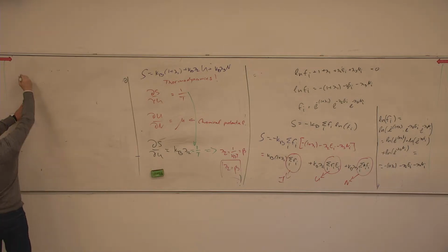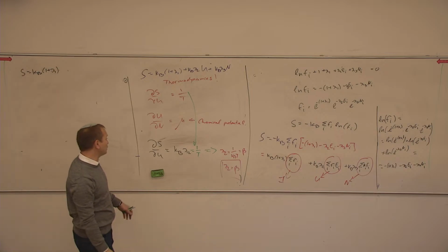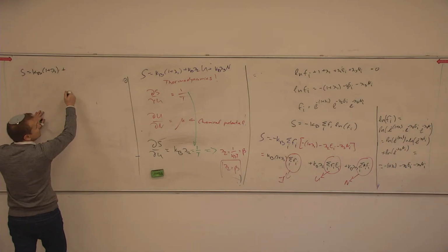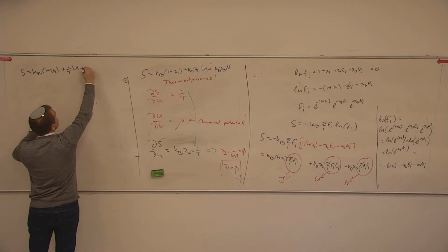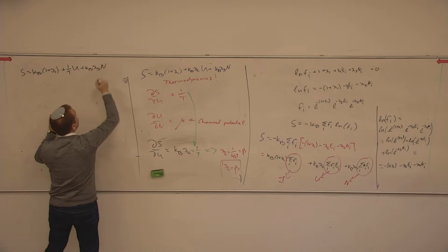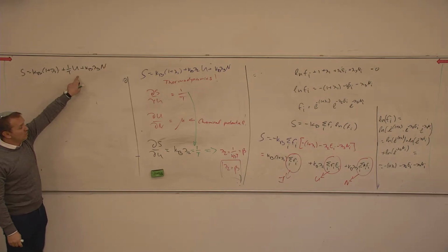And we have S equals k Boltzmann (1 plus lambda 1), plus k Boltzmann lambda 2, which is just 1 over T, times U, plus k Boltzmann lambda 3 times N. Okay? Now we want to use the second